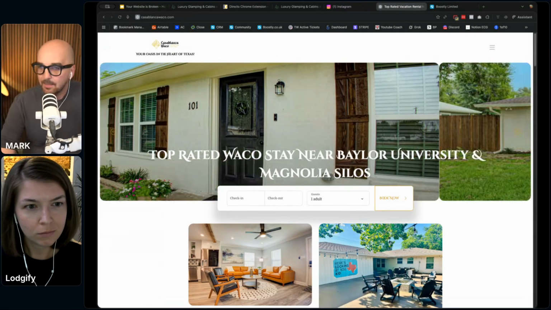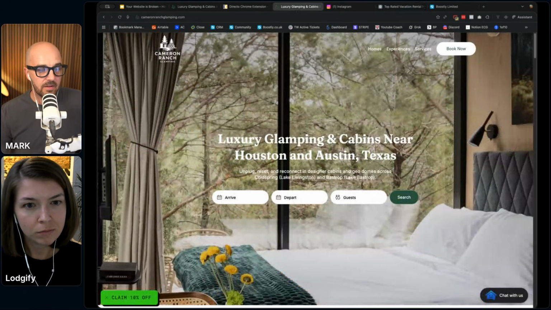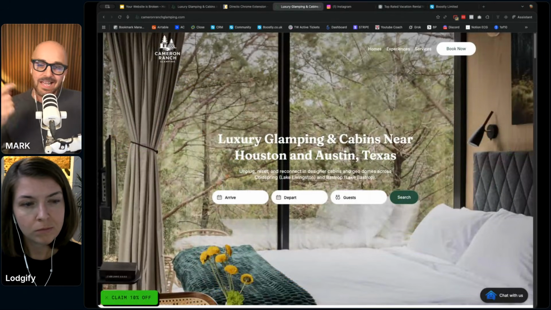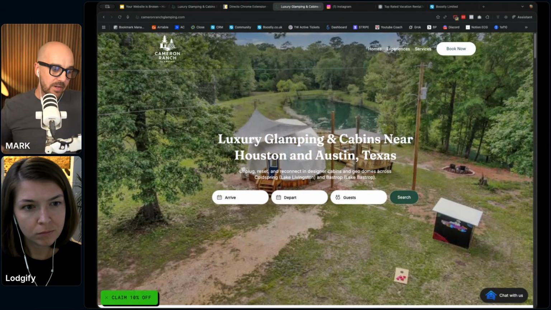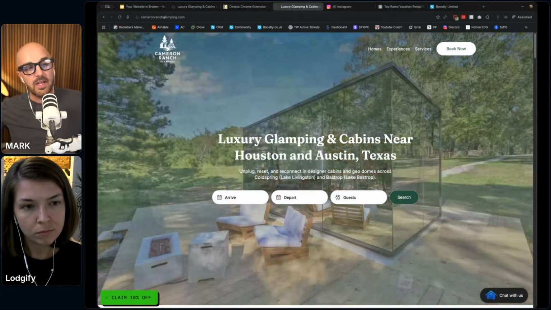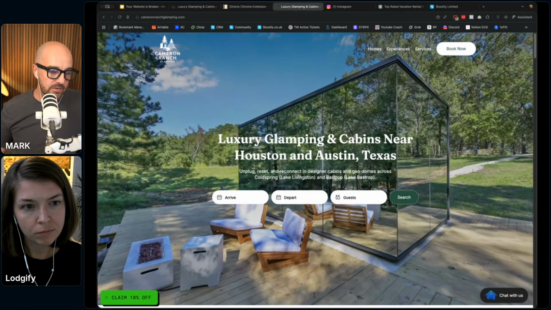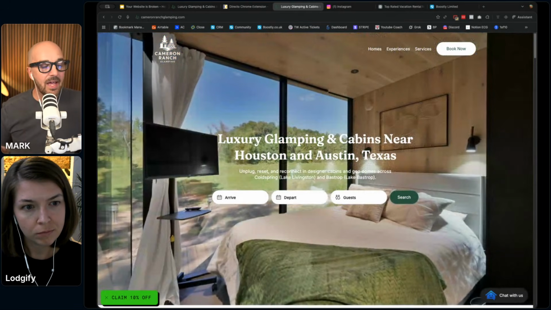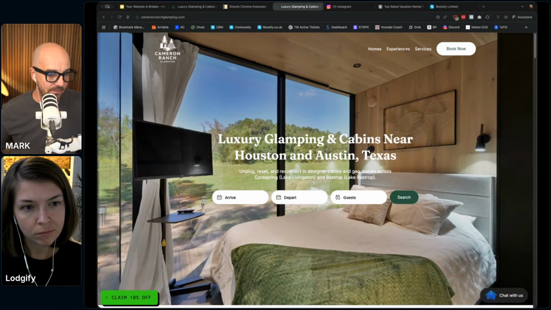Now, let me do one quick final one. Before we do the final quick one, let me just go back to this site. Now, this site is integrated and it syncs in with Lodgify. All of our websites that we have, we sync in for our integration into Lodgify. So the booking process is super smooth. It works as easy as 1, 2, 3. And this is one of the reasons why our conversions are so high, because we have that integration.